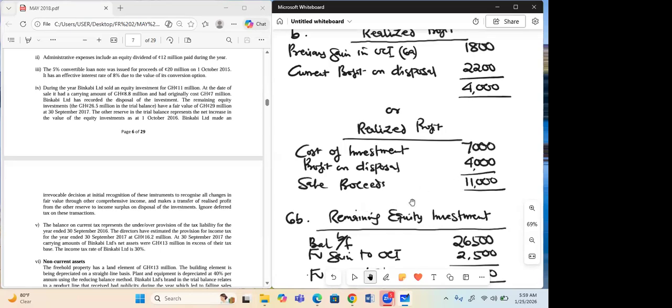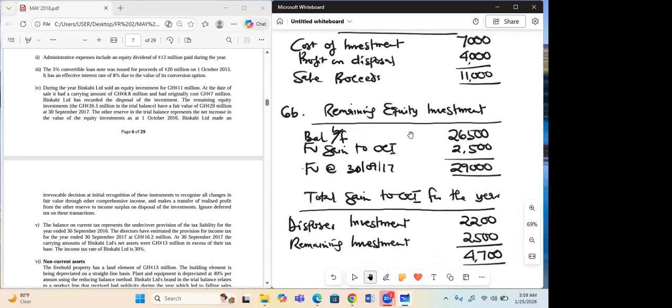Apart from that, some of the investment was left. The one that was left, they are telling you that it was 26.5. Now they fair value it to 29,000. So we have a gain to OCI of 2.5. The gain for the year, which initially went to OCI before we transfer, you know, initially you put it in OCI before you transfer it in the statement of changes in equity. So the first one,